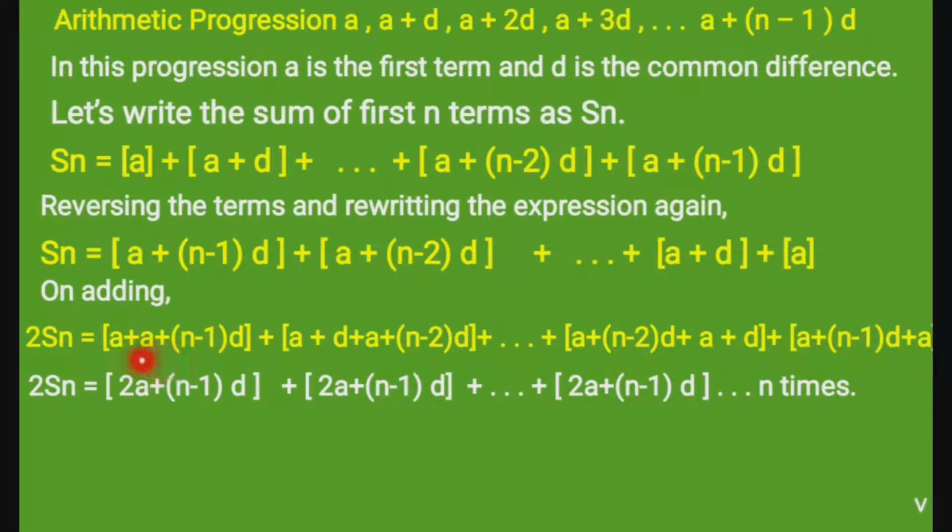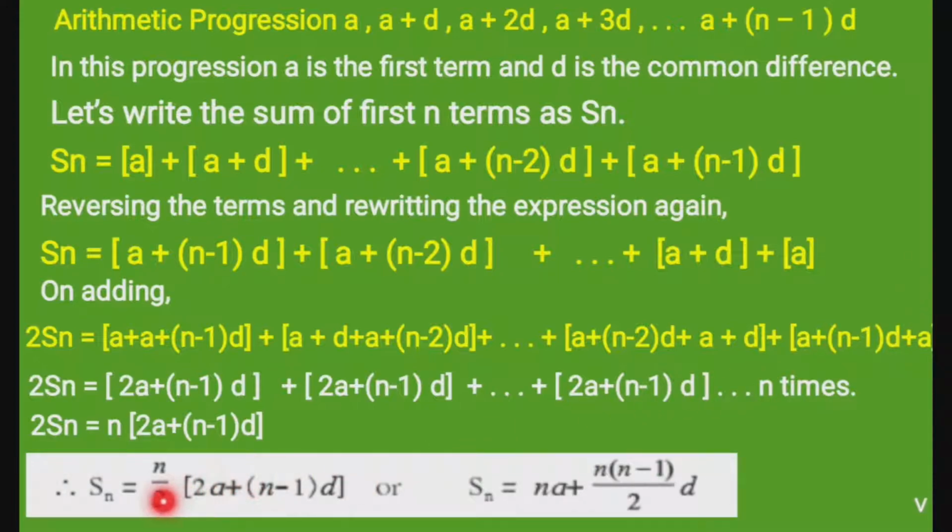That means when we simplify, each term can be written in the form twice a plus (n minus 1) into d. So twice Sn we get n times (twice a plus (n minus 1) into d). So we write twice Sn equals n times (twice a plus (n minus 1) into d). Now we have to find only the value of Sn. So we divide both sides by 2. So we get Sn equals n by 2 into (twice a plus (n minus 1) into d),